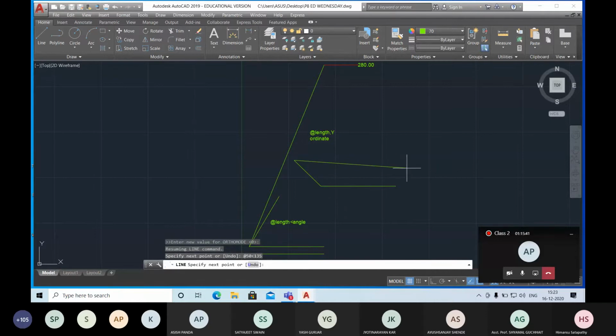So you can write by using these methods, or you can use the absolute coordinate method, which means you can enter the coordinates to draw lines. These are the methods to draw a line. There are many options and you can draw lines. So the first command is the line command.